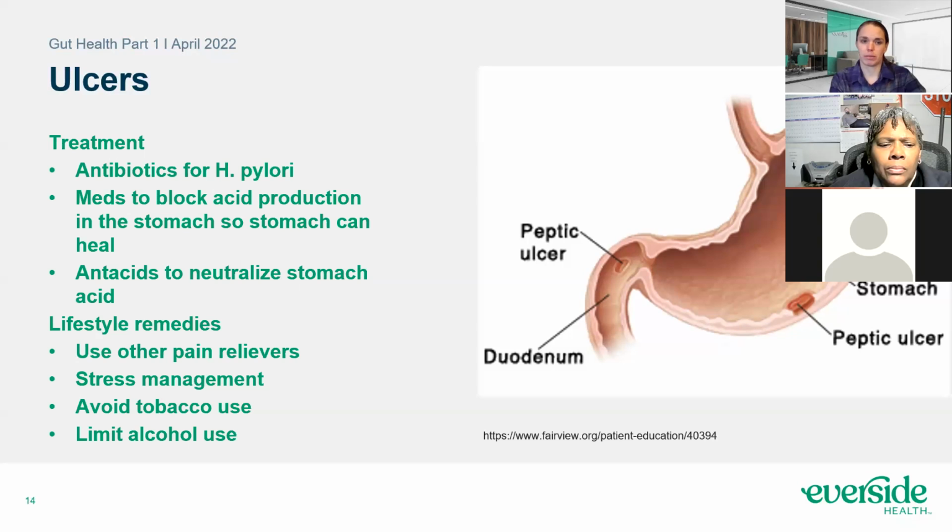Eating wise, there's nothing specific. While you have the ulcer, it's kind of what you can tolerate. Reducing acid production, so high acid foods like tomatoes or citrus might not go as well. More of the BRAT diet as far as bread, rice, applesauce, toast. If you are not familiar with the BRAT diet, it's always good when you're feeling sick or having GI issues.